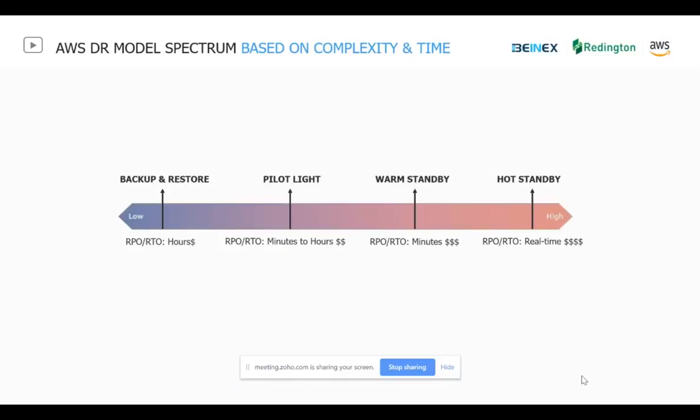So in a nutshell, we'll see some of the AWS DR models, the spectrum based on the complexity and time.